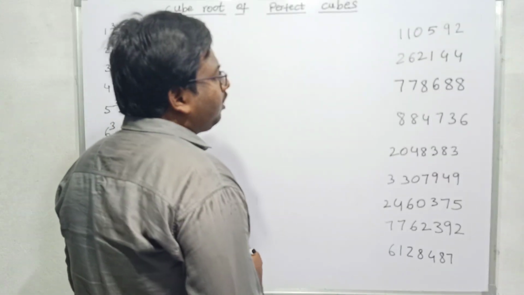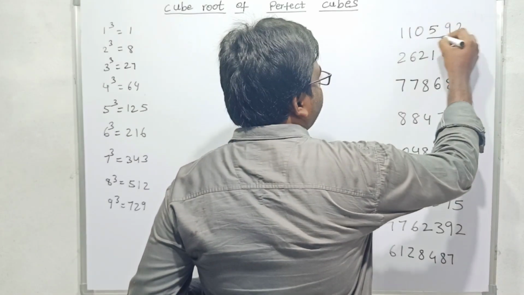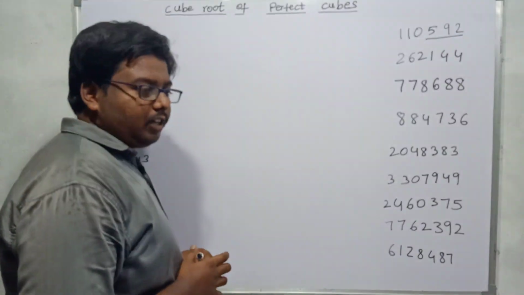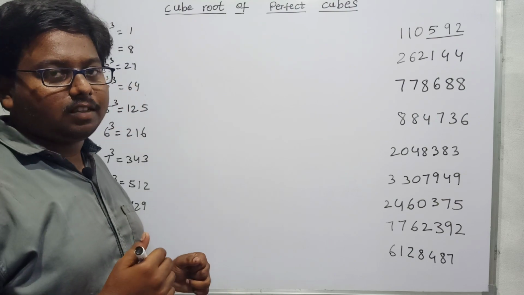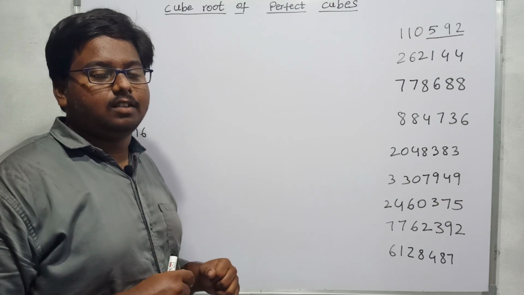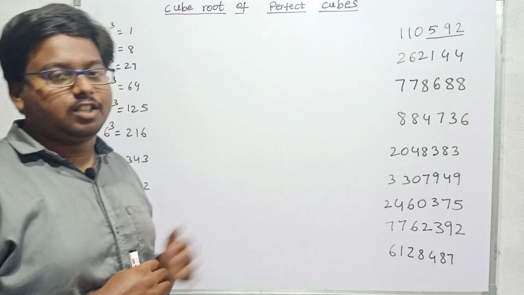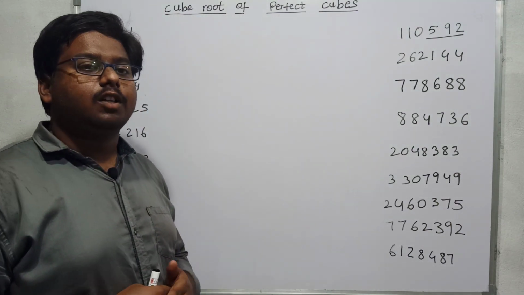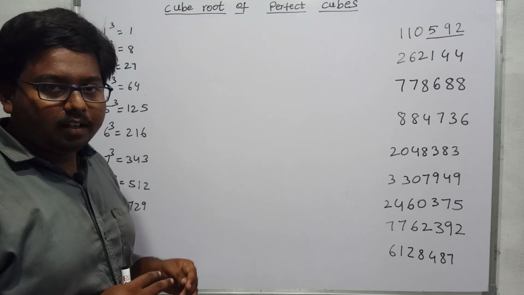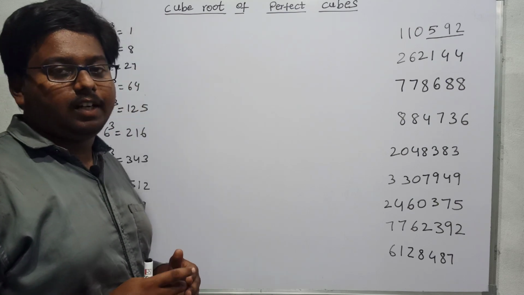In this method, we will group the digits in 3s. If you have a doubt why we are grouping 3 digits only, we will discuss that clearly when I am discussing this cubes topic in number system, and I will explain in detail there what a cube is and how to understand it.